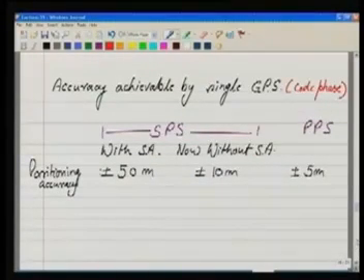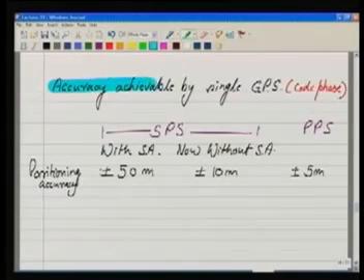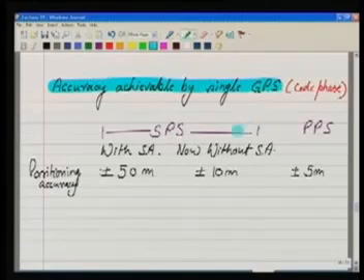Another thing, what is the accuracy achievable by a single GPS? What we are saying here is that we are using a single GPS in code phase mode. Code phase means we are using only the code signal, either the CA code or P code. We are not going for the carrier phase. We will talk about the carrier phase in our next lecture. So when we are using only the code phase and a single receiver,